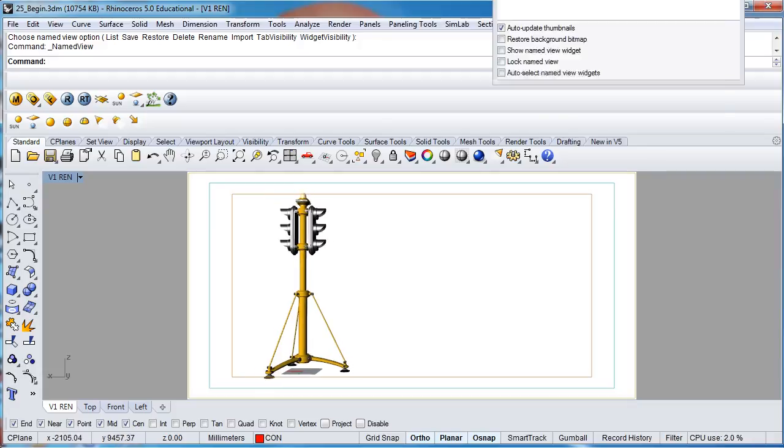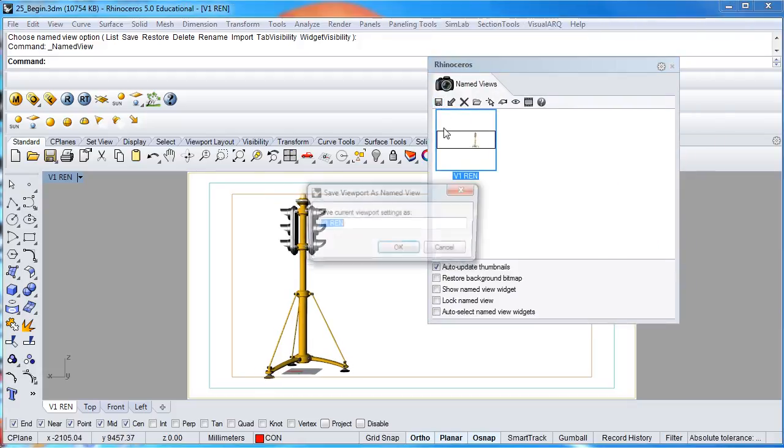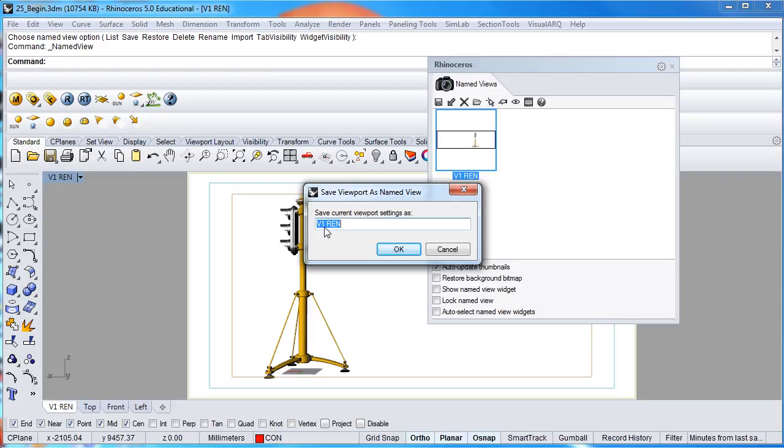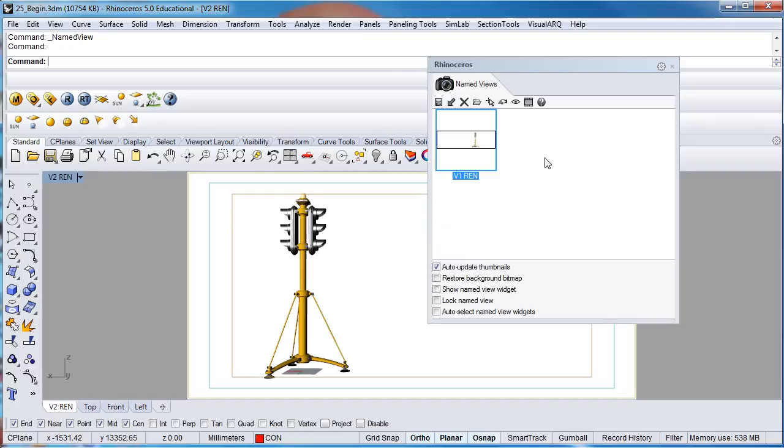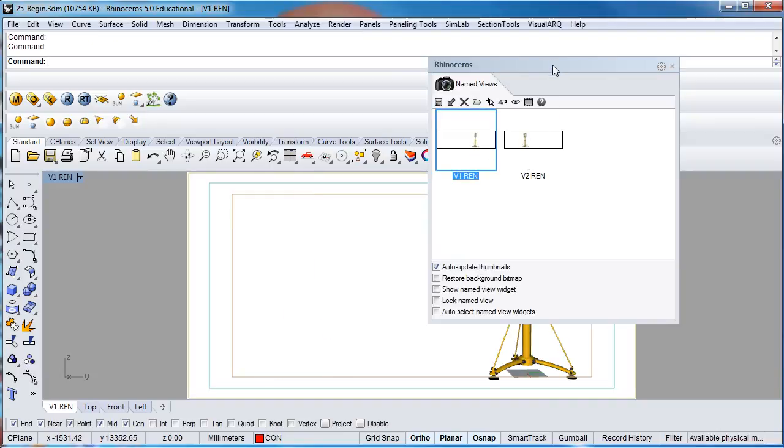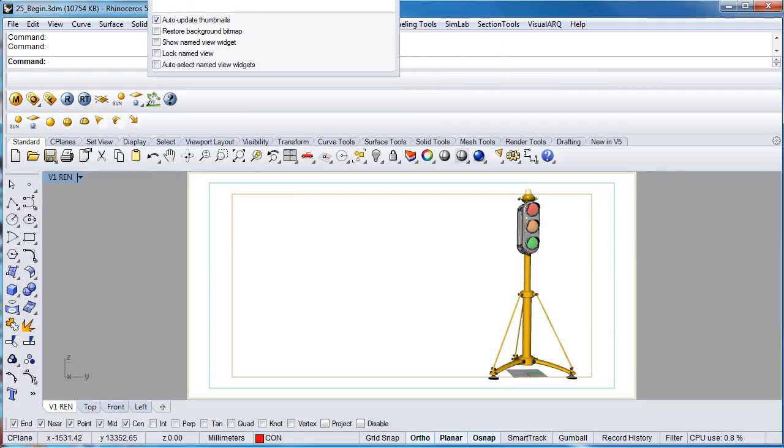We'll save out that view. So left click. It's asking whether it's V1 Ren. We're going to change it to a new view. V2 Ren, click OK. And you can see we can toggle between those two. Just simply double click. So I'm just double clicking between the two there in order to give us those two